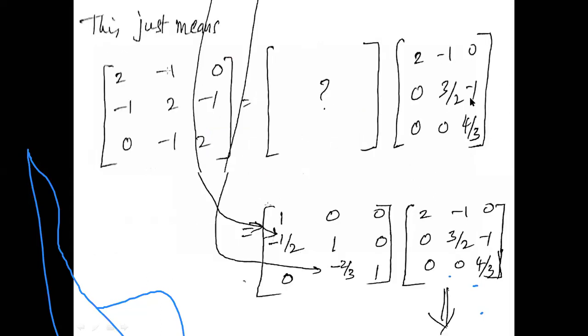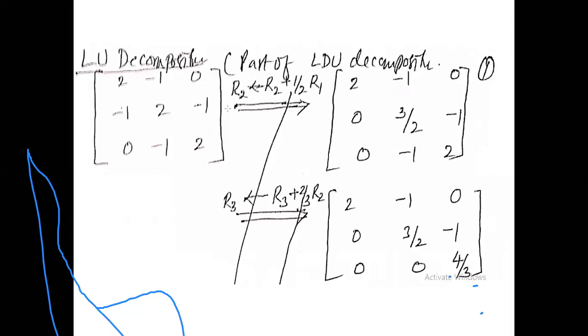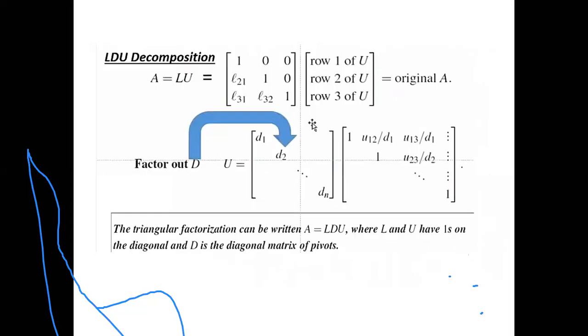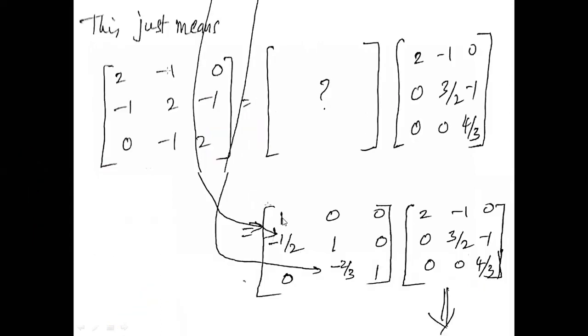I know this matrix. Now I need to find this matrix. This matrix is L. And if I go back again, L should look like this. Ones on the diagonal, zeros on top, and rest of the factors. Therefore, I will write L as ones on the diagonal, all other components on top as 0. Okay. Now I need to fill this factor, and this factor. Is that clear what I'm trying to do here?